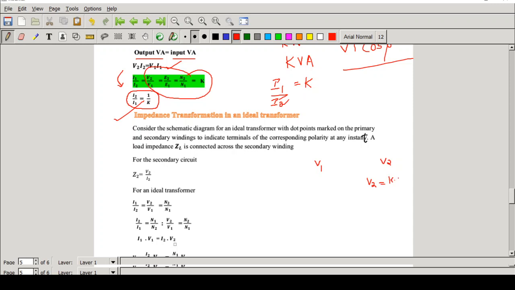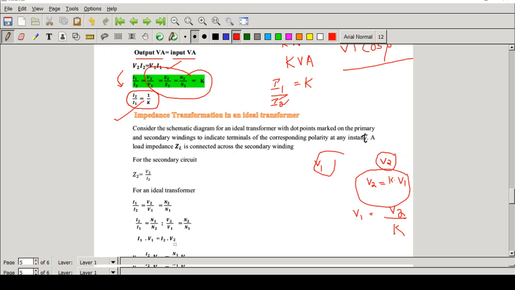Suppose the voltage V2 is in the secondary and you want to transfer it into the primary, what do you have to do? V2 is the voltage in the secondary and V1 is the input voltage. If you want to transfer V2 to V1, you can connect it using this relation. From this we get V1 is equal to V2 by K. That is, if you know the secondary terminal voltage V2, divide it by K. That will be the same as transferring V2 to V1. Now we will work out a problem, then you will understand.